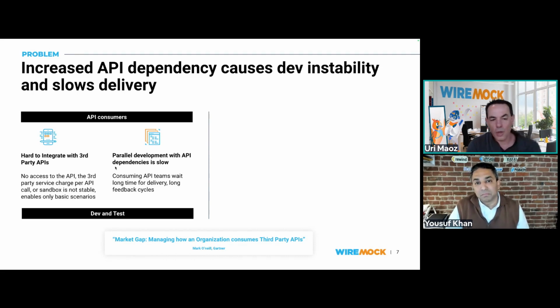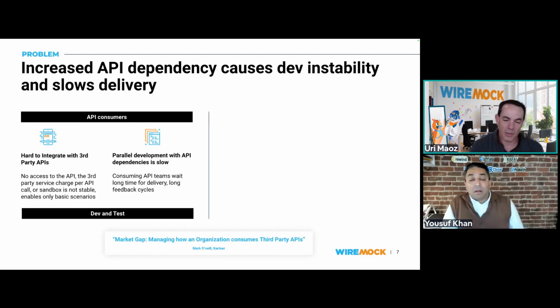And we will look at two aspects: one as the API consumer and the second as the API provider. As an API consumer, we are talking about the developers that now need to consume a lot of APIs, external and internal, that will be integrated into their application. And if we are looking at the third-party APIs, a lot of times the developers will either not have access